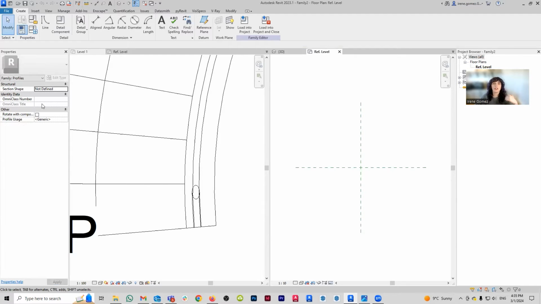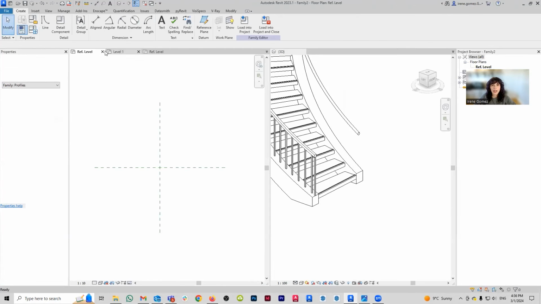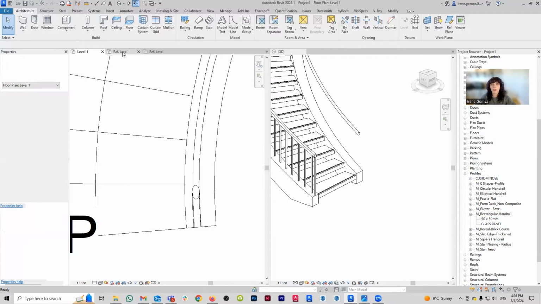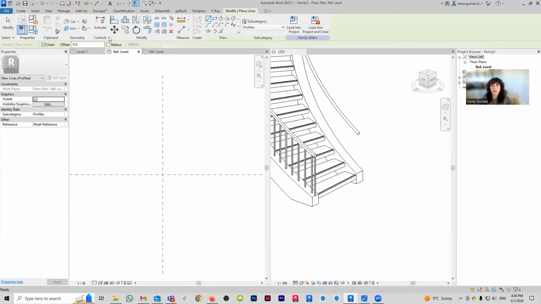On the profile usage, you can set up what it is actually supposed to be. In this case, a stringer is a stair support, not railing support. Railing support is usually a little bracket that attaches the rail to the wall. This is for the stair. So what I'm going to do now is move this here first because I'm starting to get really confused. There you go. And I am going to draw a profile that is going to contain both the base and the glass element. We said that the base was 400 by 200, so I'm just going to draw a big rectangle here.